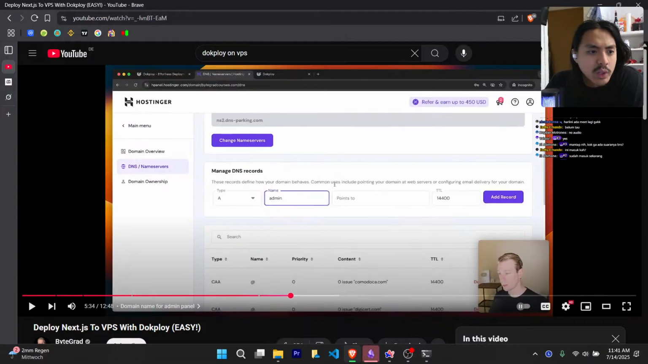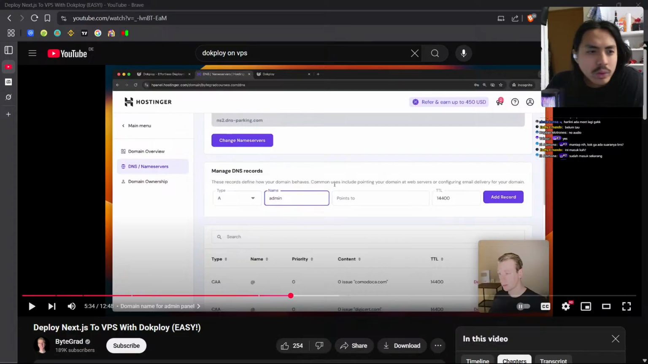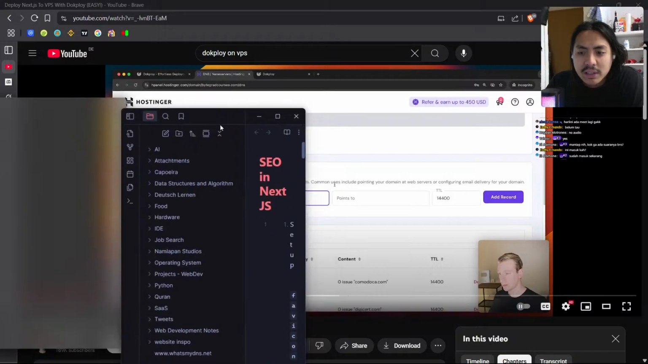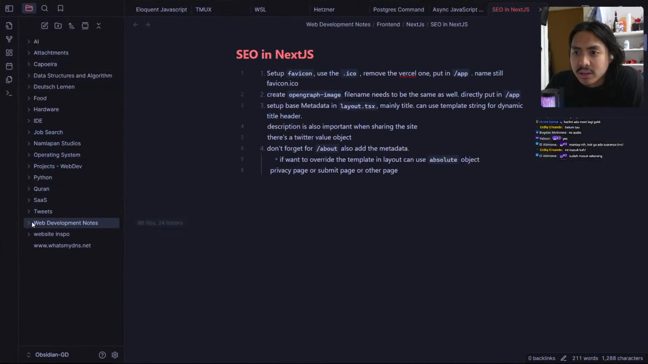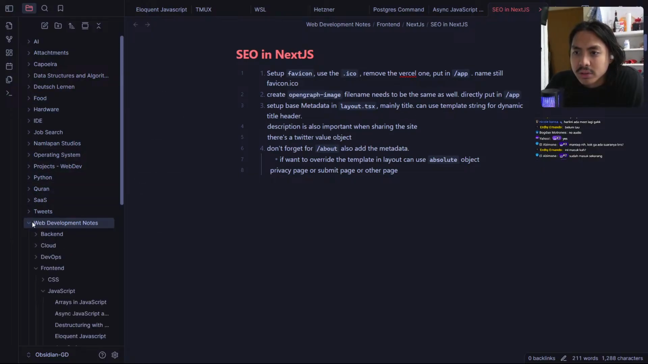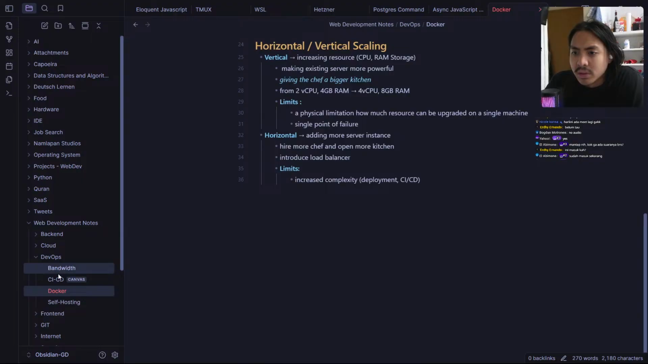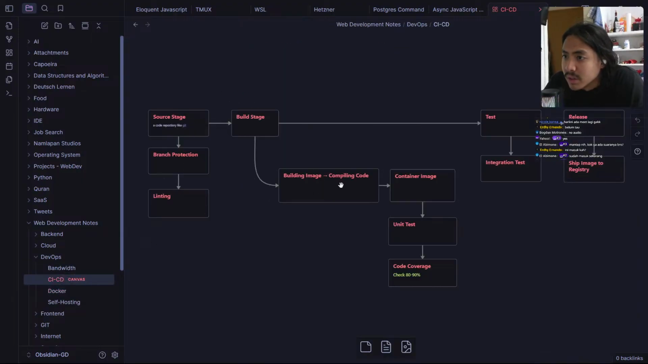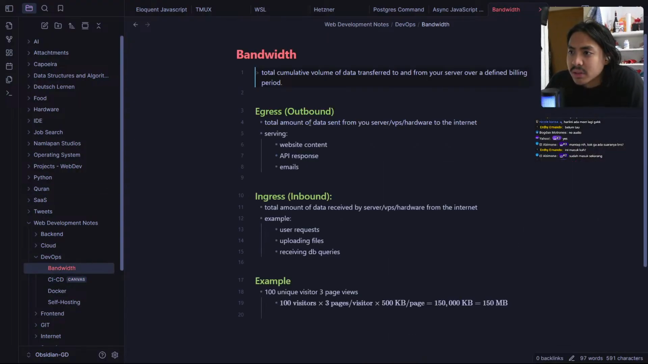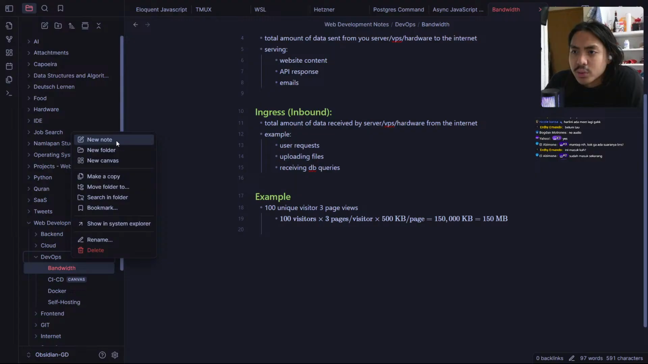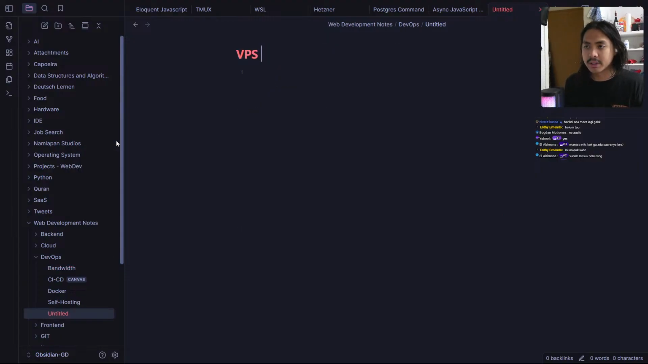I forgot the difference between A and C record. Is C record the WWW, I think? Okay. Let's do, do I have a self-hosting, the practice of running Docker. I forgot what I am doing this. Okay. This release. Okay. I think let's do VPS checklist. So